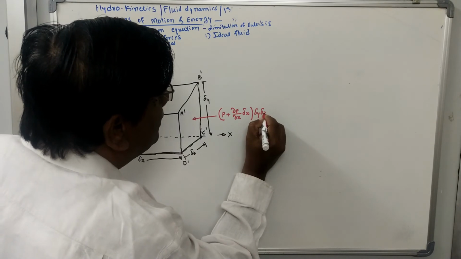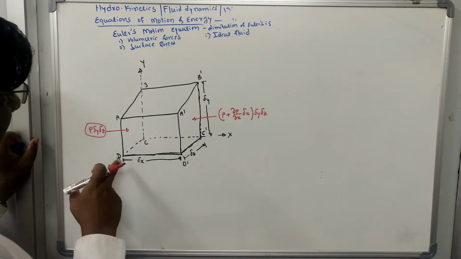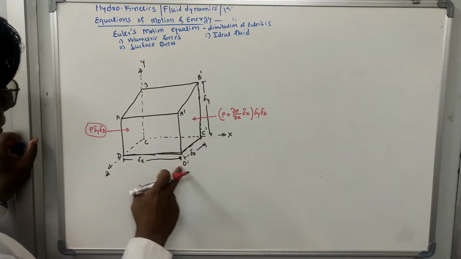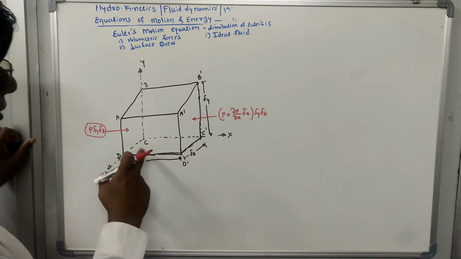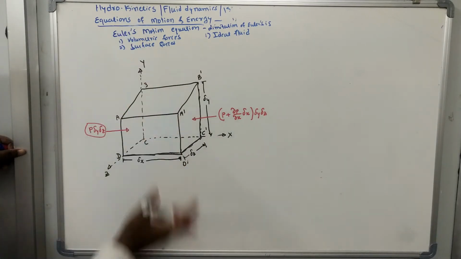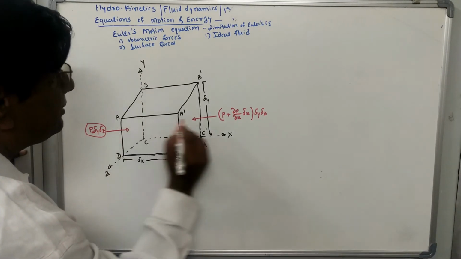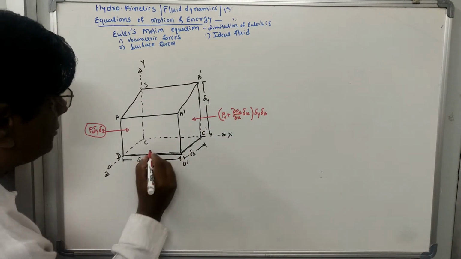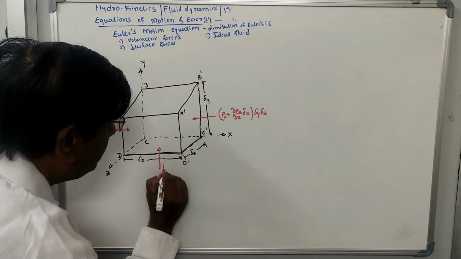The area of the plane is delta y by delta z. Next, take the plane D, C, C dash, D dash. The normal of this plane is in the y direction. So if this is Px, this is also Px, and this is also Px. The pressure intensity acting here is Py,